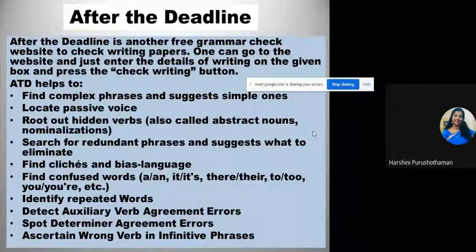Then locate passive voice. If you have too much passive voice, maybe it highlights it, and if you feel that can be replaced with an active word, definitely you can take the suggestion. Then root out hidden verbs, also called abstract nouns or nominalization. Then search for redundant phrases and suggest what to eliminate. Then find glitches and biased language. See, here in research writing, contractions are not allowed. Okay, so if you have